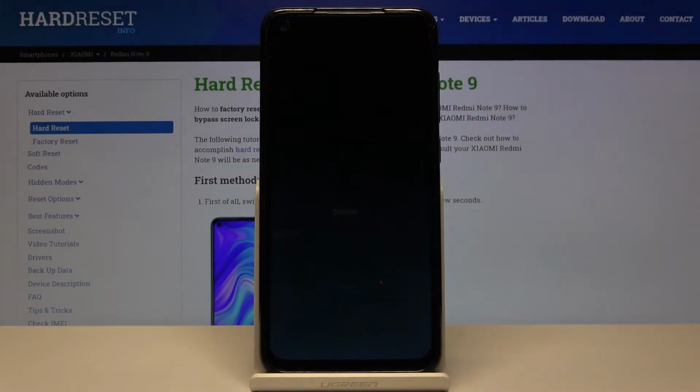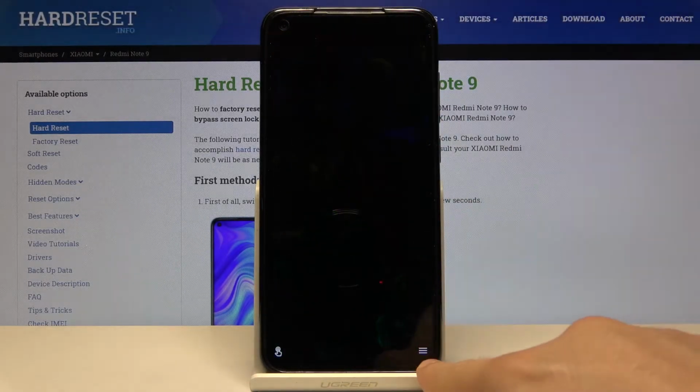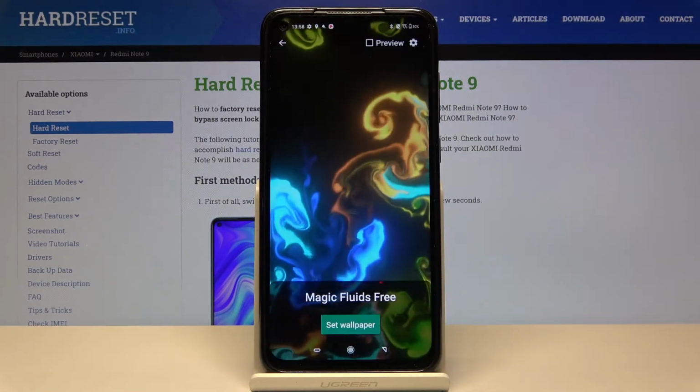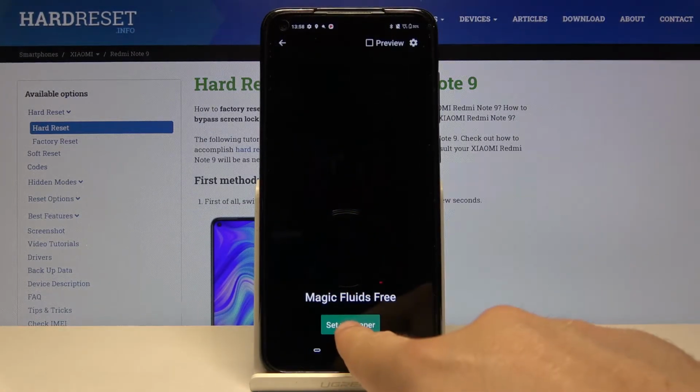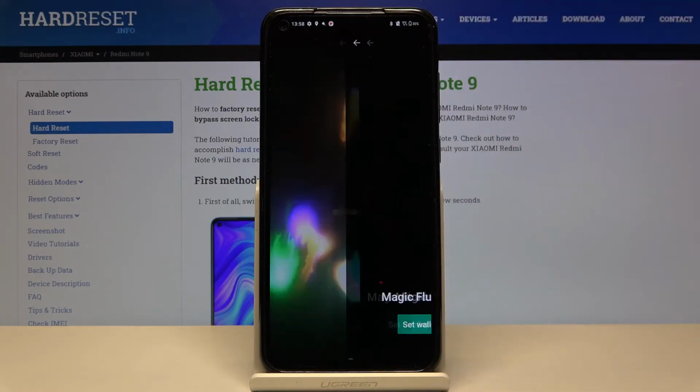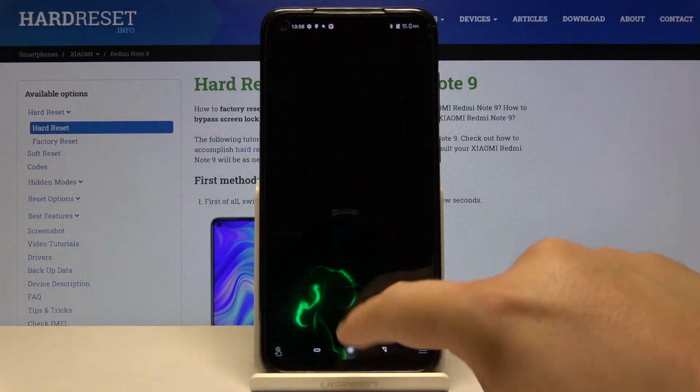Let's open. We have to tap on this right corner and click to set as a live wallpaper. And right now just click here to set wallpaper. We can select home screen and also home screen and the lock screen, and I think that I'm going to apply on both. And right now just close the application,